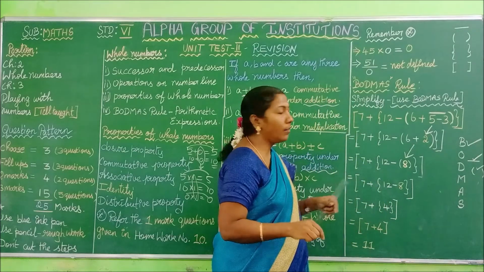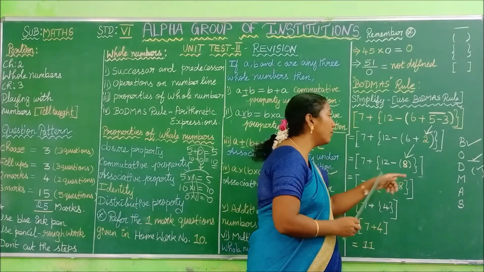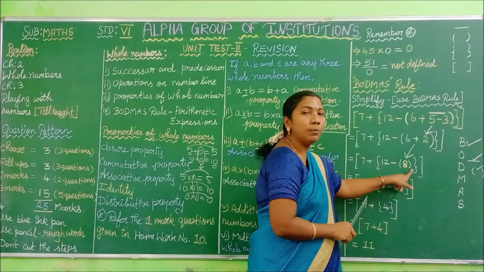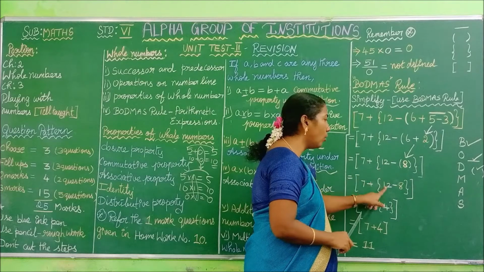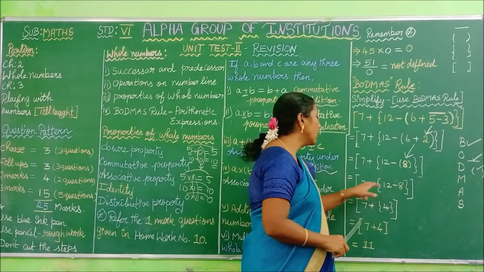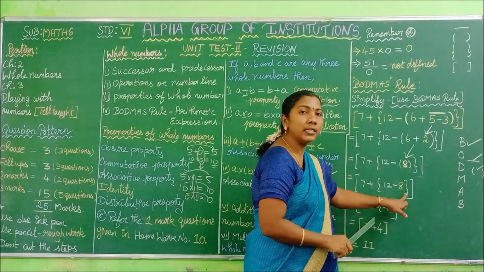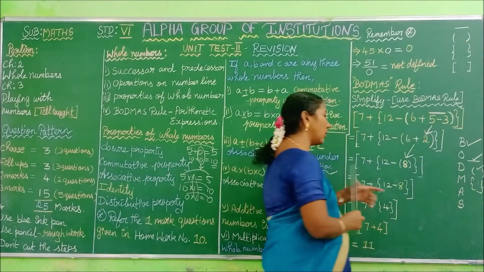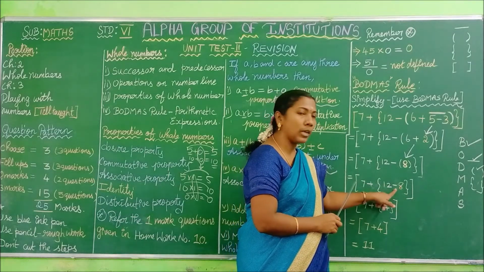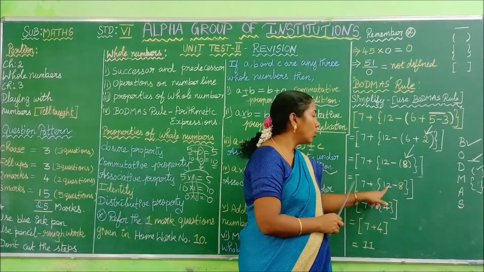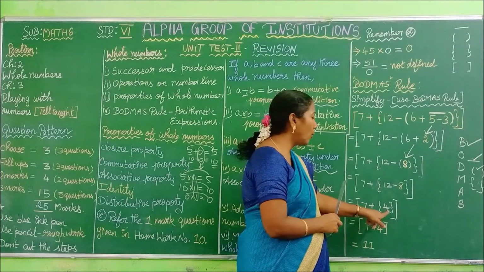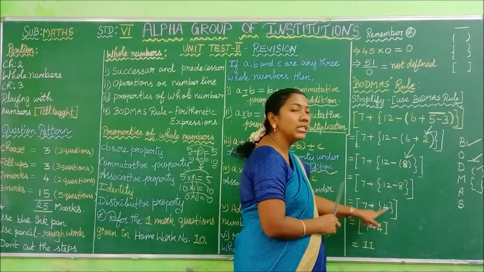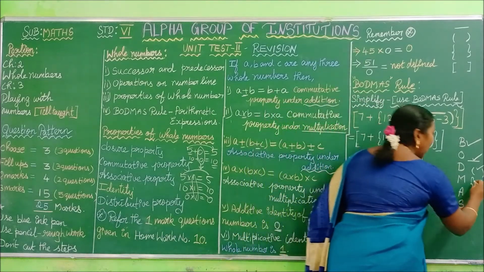Next we have to evaluate the curly bracket. To evaluate this curly bracket, you have to remove this simple bracket. So you have to write it as 12 minus 8. See here, 7 plus 12 minus 8. That is, within the curly bracket, we have two numbers, 12 and 8, with the operation subtraction. So subtract 8 from 12. What is your answer? 4. You have to write the 4 in the curly bracket for your understanding. So 7 plus 4. Thus we have evaluated the curly bracket also.